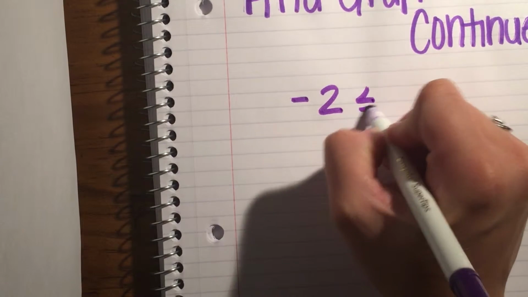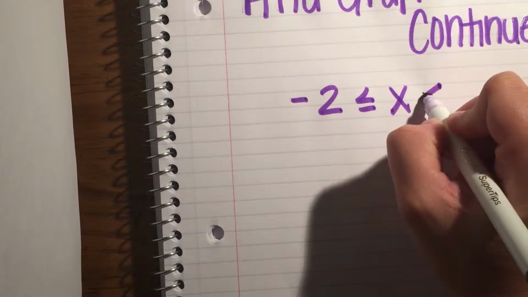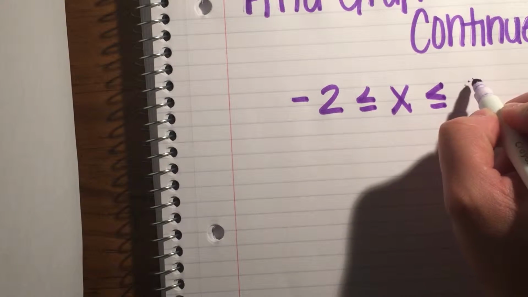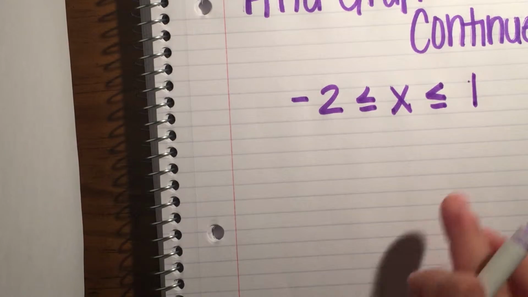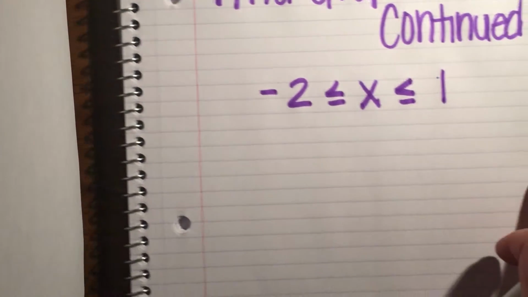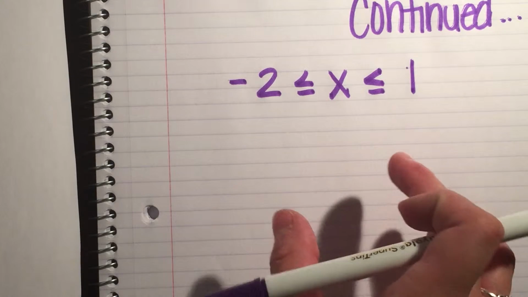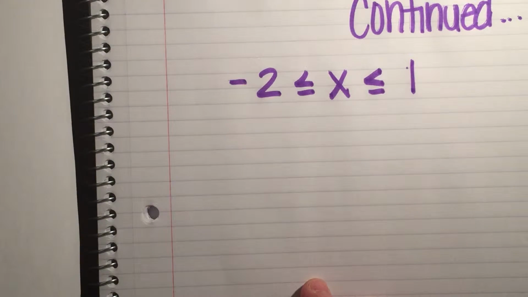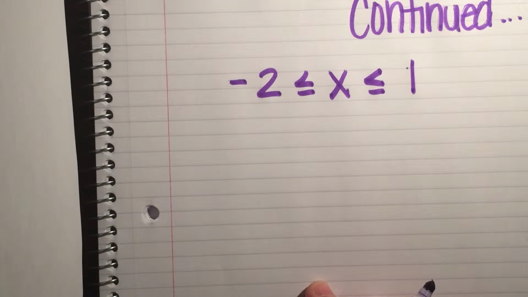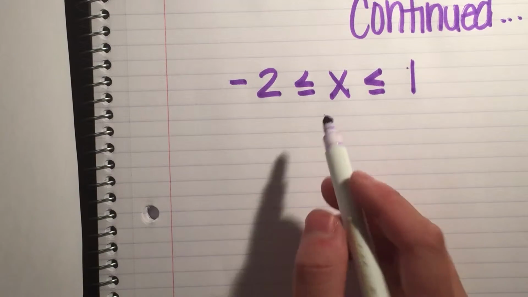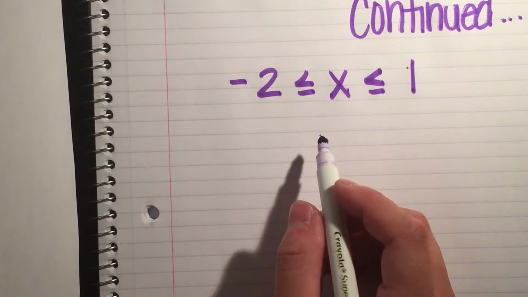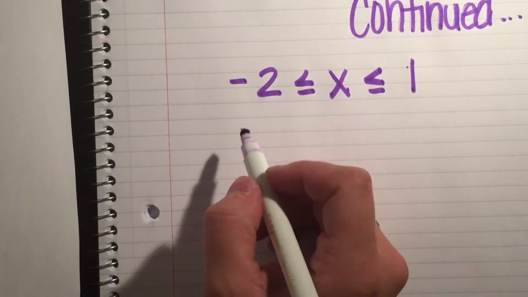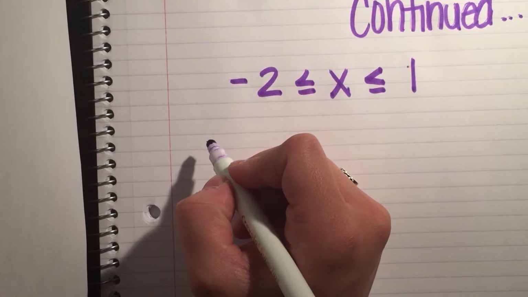An and graph is going to be written like the following. You are going to have some x variable sandwiched in between two numbers. And that's how you know that you have an and graph. It's kind of like a Big Mac, I guess. So, let's move on. Our first problem is